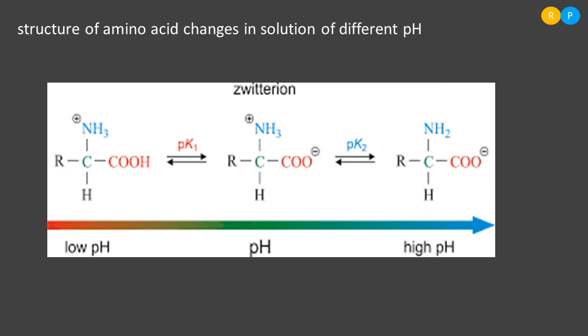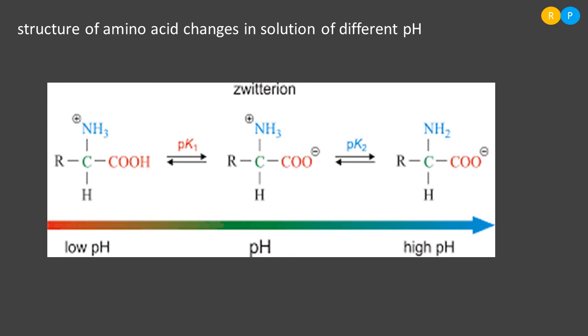Right? And just you can look into the right side equation. What happens to the amino acid when we increase the pH? So increasing pH indicates the basic solution. So the solution will become basic when we increase the pH. Right? So when the amino acid is in the basic solution, amino acid actually loses a proton, because the basic solution consists of more OH minus group. So hydroxyl group is present in more concentration in the basic solution.